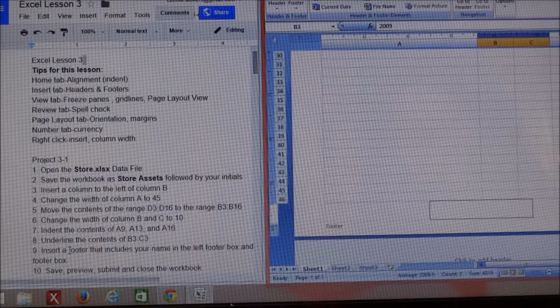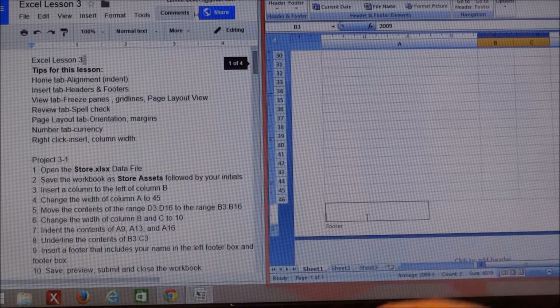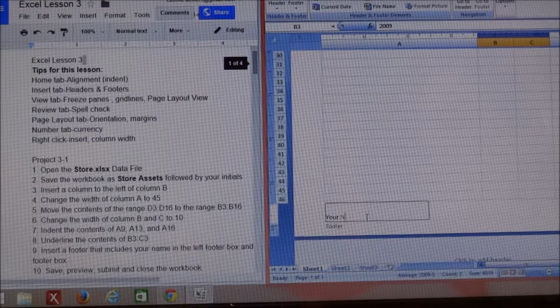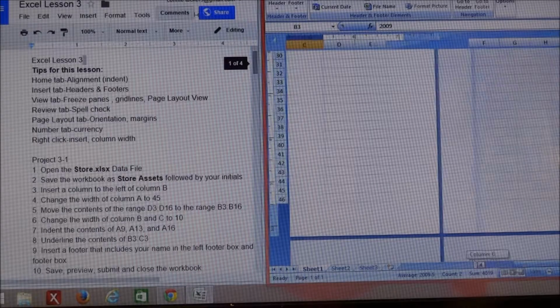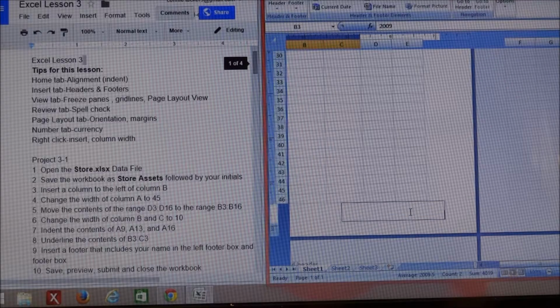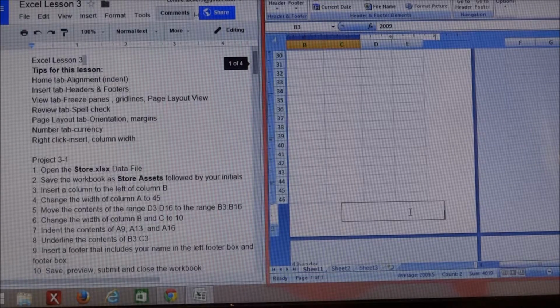And the instructions are that it wants me to include my name in the left footer box. So this is the left footer box. So I'm just going to type in my name or your name. And always make sure when you are including your name that you capitalize it correctly. That's a very important habit to get into. And then in the right footer box, it wants the current date. So I could go ahead and just put in the current date,